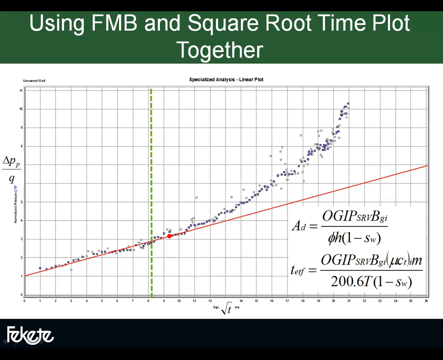What we can also see very clearly is that shortly after that point in time, we get a departure on the square root of time plot. The data on the square root of time plot departs from the straight line. So the appearance of boundary dominated flow is very shortly followed by a departure of the data from the curve,